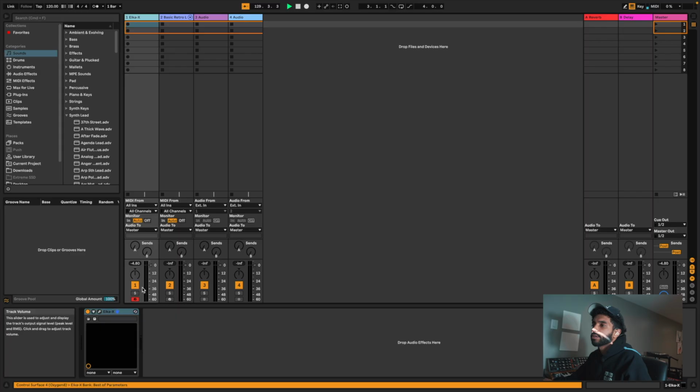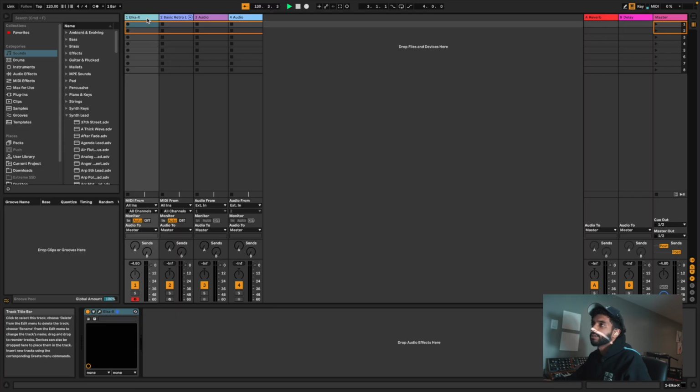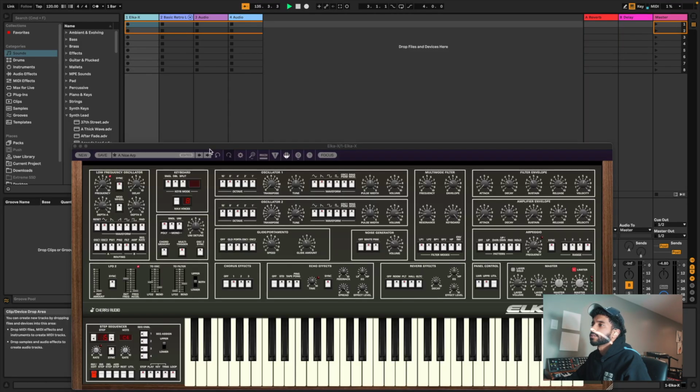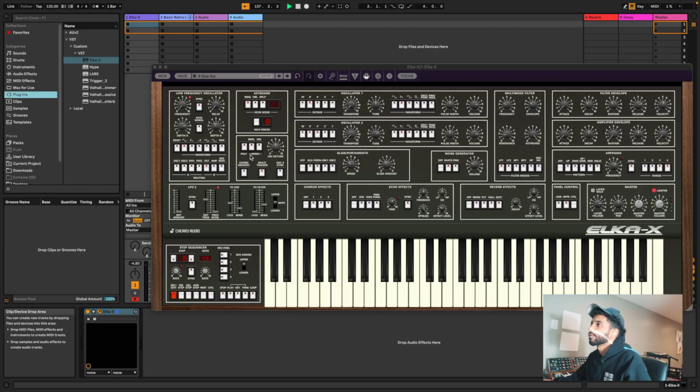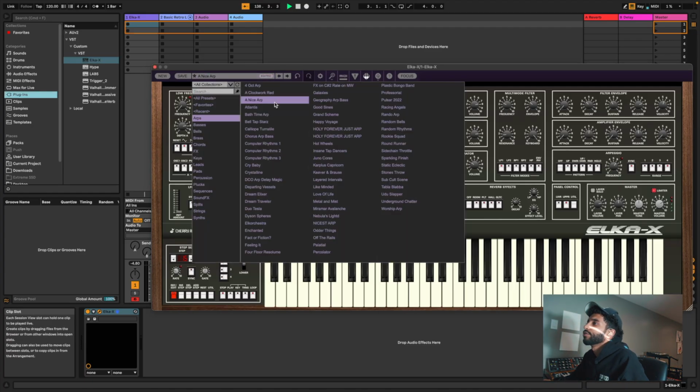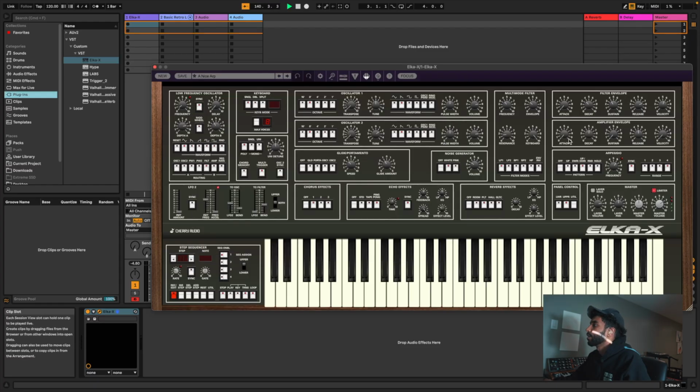So the first thing, I use a third-party plugin called Elka X. And I just have a blank Ableton template loaded in here. This is just a MIDI track. So this is Elka X. I just drag it in through plugins and it's right there on the first one. The preset that I usually use is a nice ARP. And then what I'll do is turn this arpeggio off and bring the frequency down just